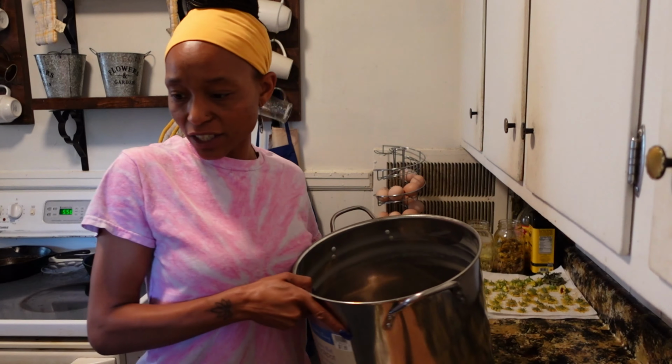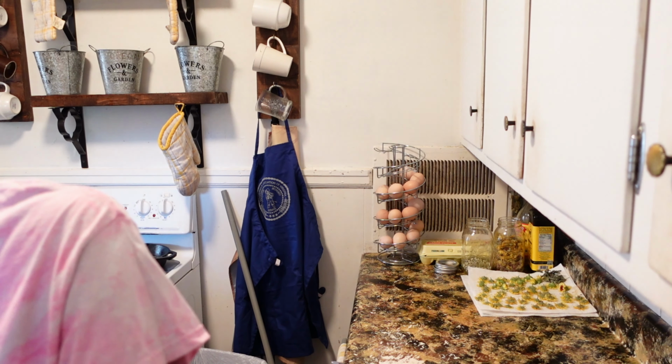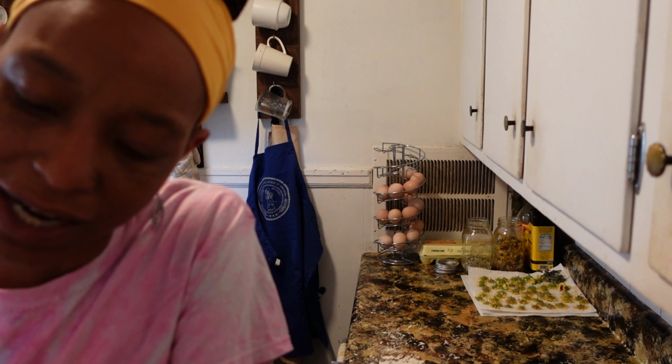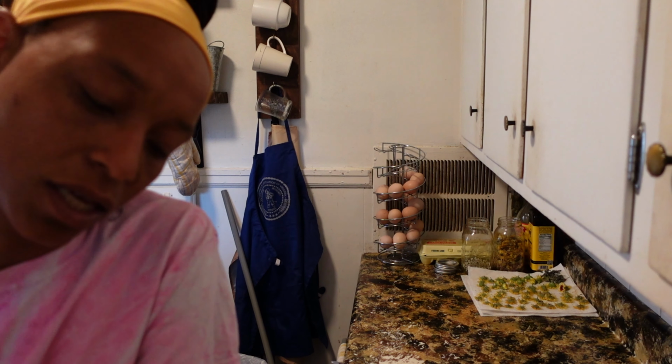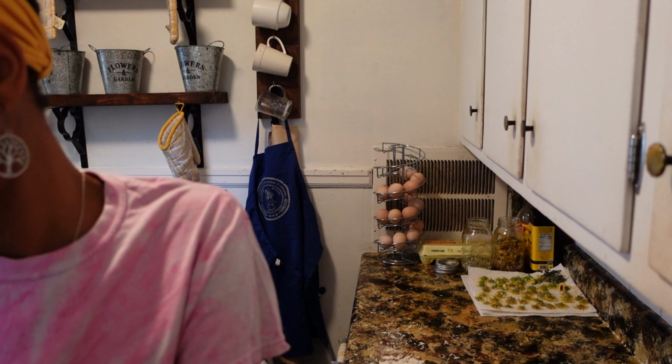Okay, so we need to wash this pan. It's been under the sink in the cabinet for a while. I haven't used it in quite some time, so we're gonna wash that out, and then we'll be ready to start coring them and putting them into